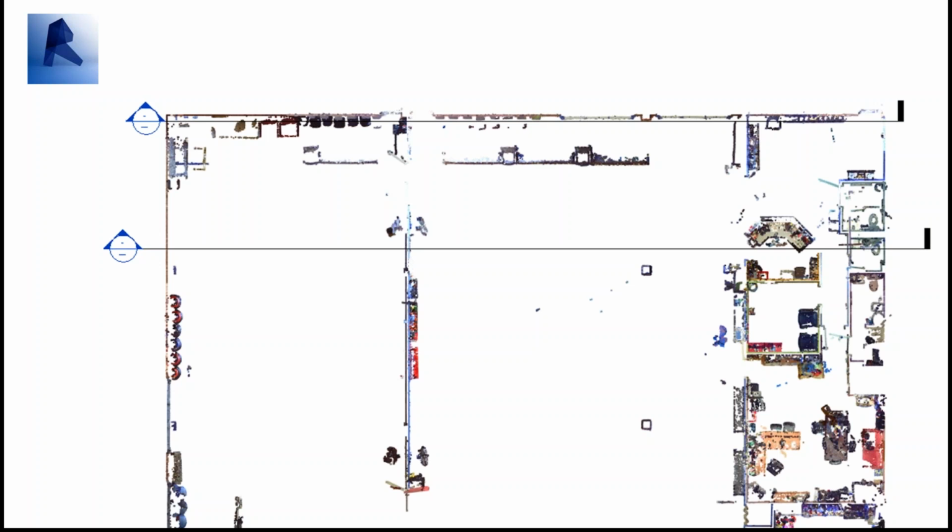So what can we do with this point cloud now that it's in Revit? We can use this information as a reference, we can just trace over it. Let's say we want to model some walls. We just choose our family, choose how we're going to insert the walls, and then just trace over the